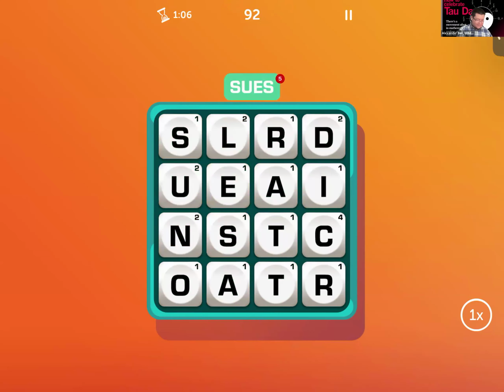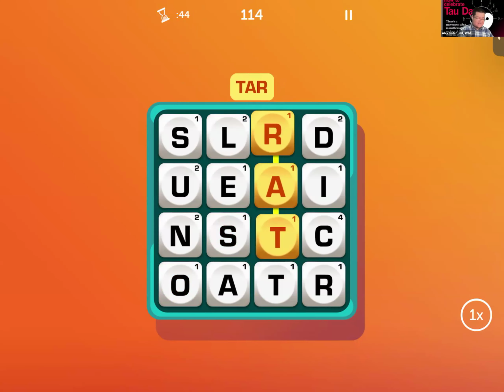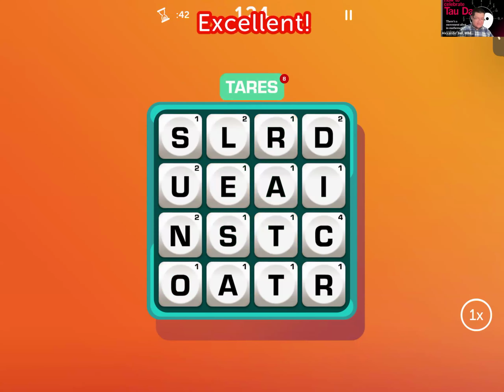Sue. Did you do nest? Last. East. Yep, nest. Yep, east. That's good. Yeah, toast. A minute. Toast. Toe. Okay, well, it has to be next to each other. So the T is not next to the O, so we can't do that, unfortunately. Okay, let's see. Tar. Tear. Tears. Excellent. Again, you can go in any order as long as it makes a word.